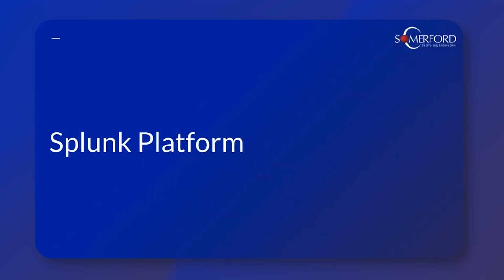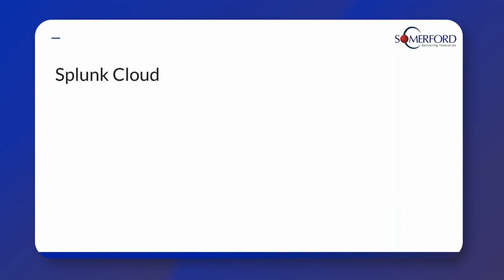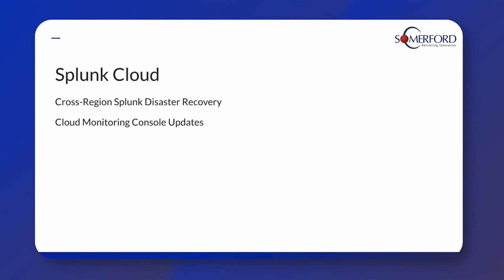And then the third area, the Splunk platform, which is probably where the most exciting side of things is coming, I would say. Not so much on this one, but Splunk Cloud, there's a few things. Cross-region Splunk disaster recovery. So if you are a Splunk Cloud customer, you can now have disaster recovery to switch to regions in AWS or GCP and Azure when it comes, which is very important to some of the largest customers. Absolutely. The couple of new features in the cloud monitoring console, a couple of new updates, really, health monitoring dashboard and 5-minute intervals of SVC usage. So now we're getting tighter monitoring of what's going on with the SVCs, which is a positive.